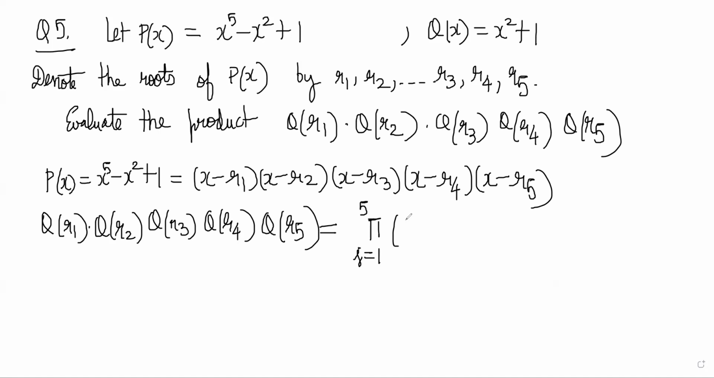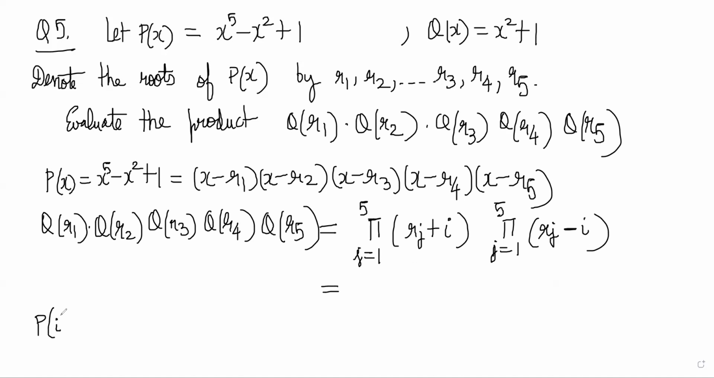It is the product of Rj plus I, with j going from 1 to 5, and it is Rj minus I. Why? Because Rj square plus 1 can be split as Rj square minus I square, which splits as Rj minus I times Rj plus I. So if you think about it, if I think of P of I, it is actually I minus